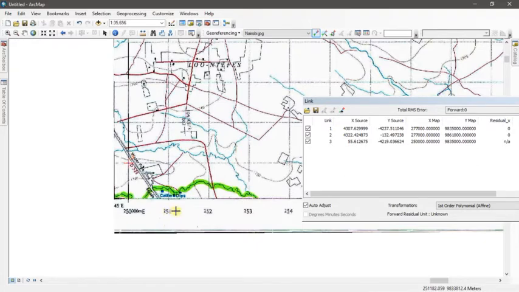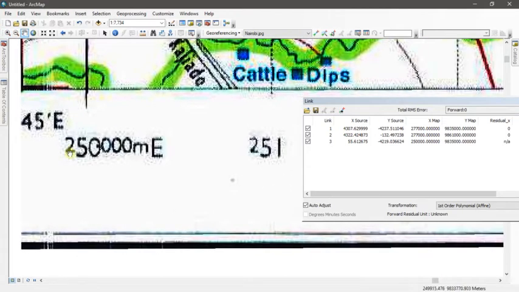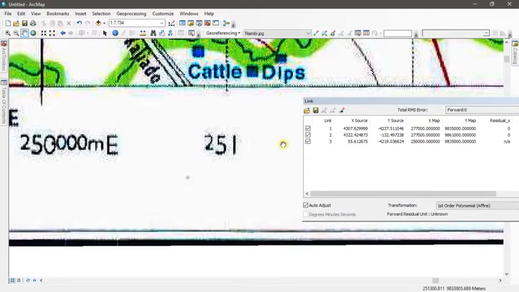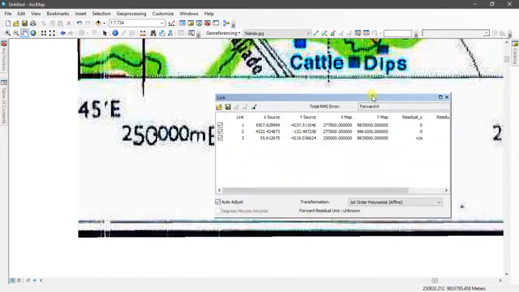Now you realize that I'm writing, if it is 251, the value that you can see, we are adding 3 zeros. This is why we are doing it. My reference point is here. You can see this value is 25,250, and then we are having 3 zeros meter east, and then now the rest is just 250, 251, but the reference point is that this point, it is 250,000 meters. So that's why we are adding the 3 zeros in each value that we put.